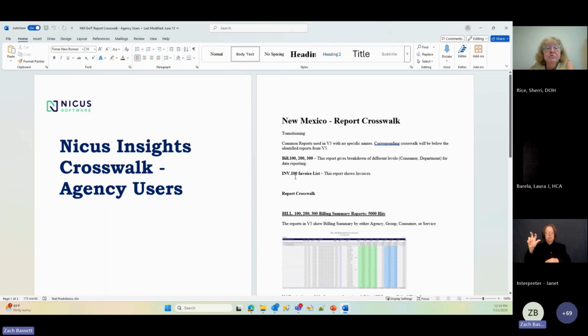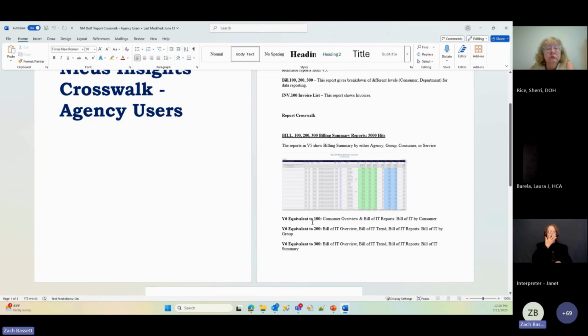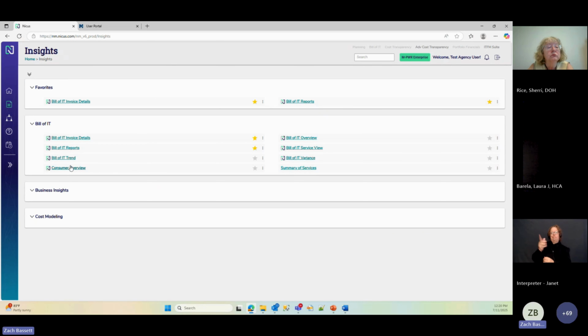Obviously, we've kind of already seen that one, but we'll walk through that. It obviously shows invoices. So this is what it used to look like. How do you get this V6 equivalent? And so we'll walk through a handful of these reports and the general navigation of those. And I'm going to just start right off with some of the look and feel, and I'll just unfavorite these